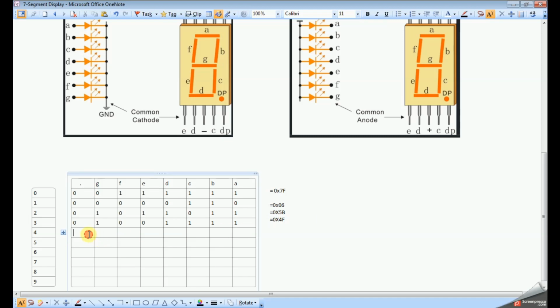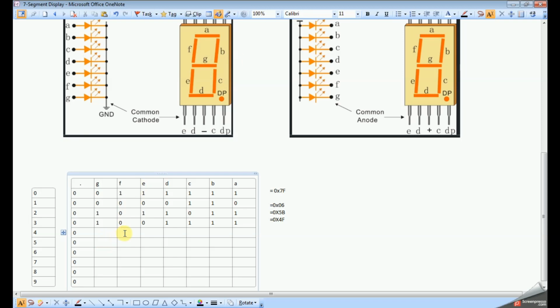So next I want to display number 4. I am just putting the last pin to 0, as we are not using this pin. 4 means F, G, B, C should be 1.